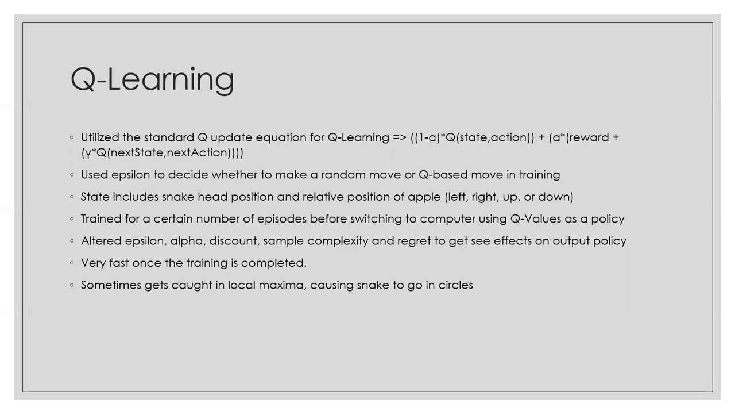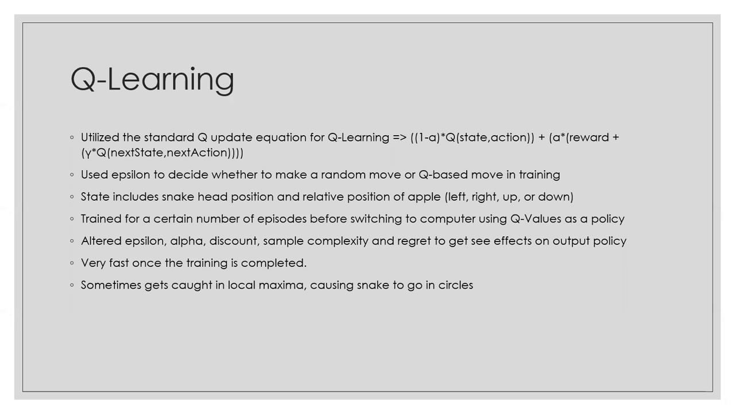This is because it already knows which way it's going to go, as opposed to the search-based algorithm, which needs to find which way it's going to go every step of the way. One downside of the Q-learning, though, is that oftentimes they would get caught